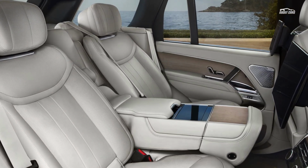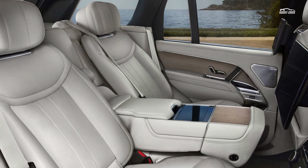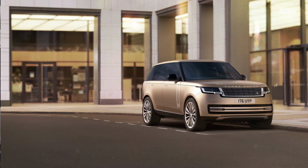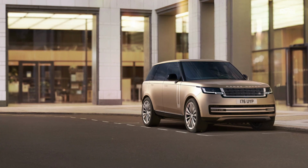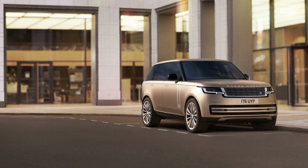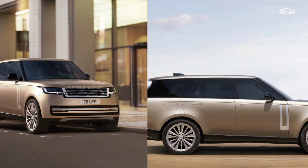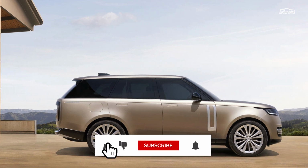The plug-in hybrid will combine Jaguar Land Rover's Ingenium inline-6 engine with a 38.2 kWh lithium-ion battery pack and a 105 kW electric motor for a combined output of 434 horsepower. Land Rover says it will be capable of speeds up to 87 miles per hour on electric power alone and offers 62 miles of pure electric driving, though you won't get the latter if you attempt to do the former